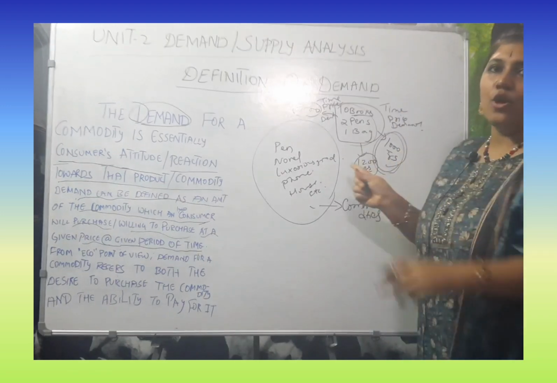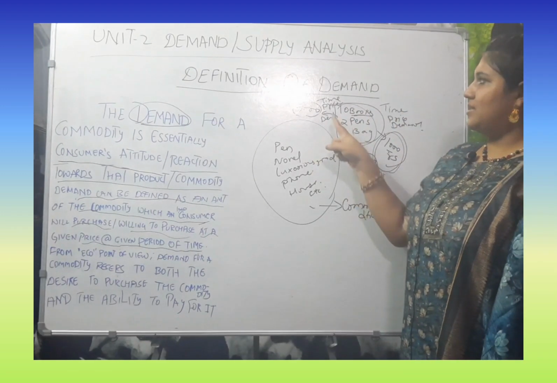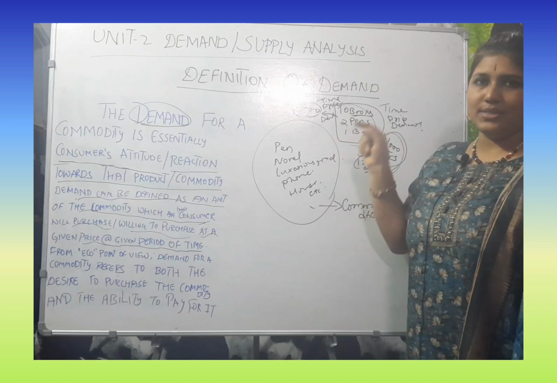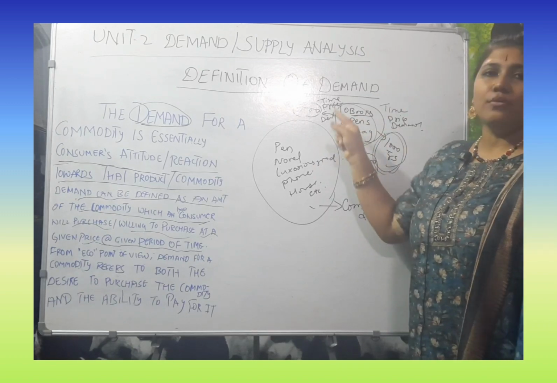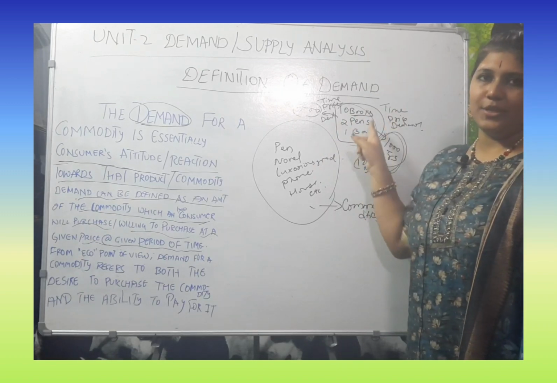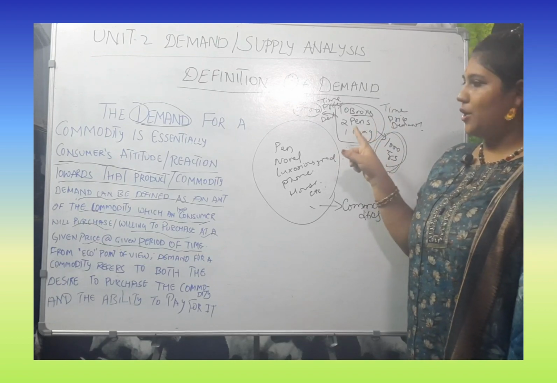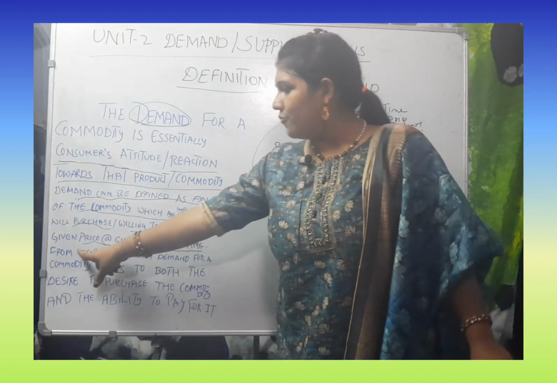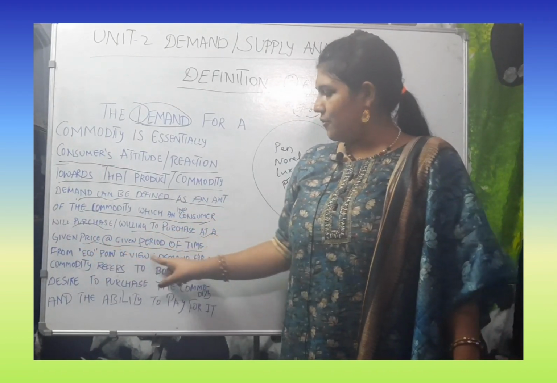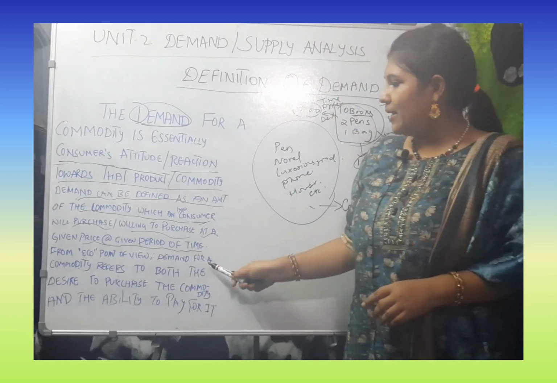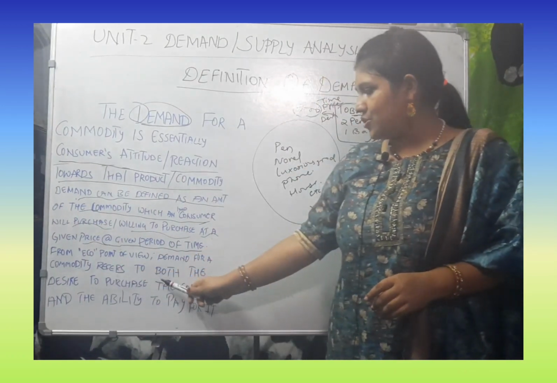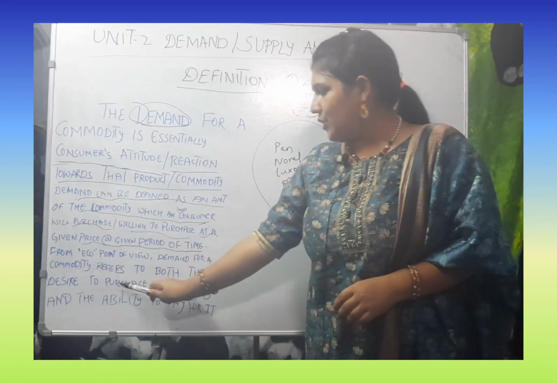Either not to buy or to buy, whatever it is, the time, price and demand is what is affecting your mind to acquire this particular product. Got it? Then from an economics point of view, demand for a commodity refers to both the desire to purchase the commodity